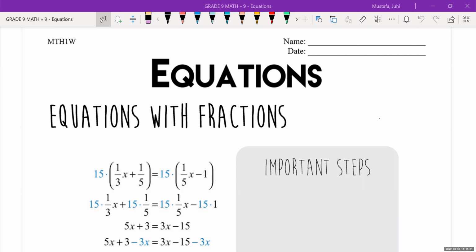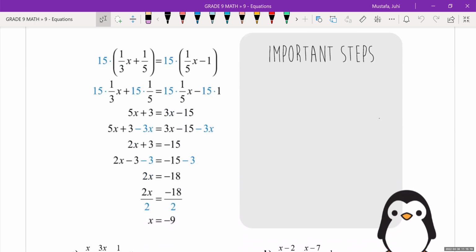And I know some of you guys are not fond of fractions, but I do have almost like a recipe to follow to make these questions much easier. So let's take a look at the worked out example over here. I have a little box that says important steps, and if you wanted, you could go ahead and write them. I will just verbally say it, and I'll just point out some stuff, but you can feel free to take